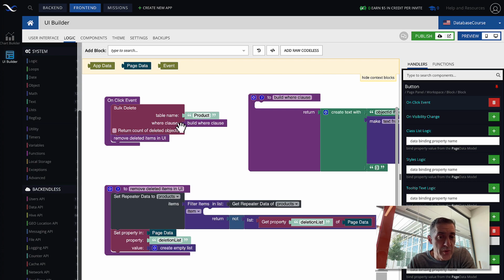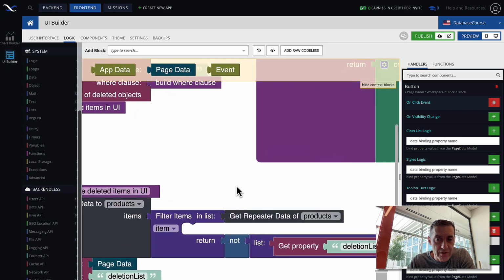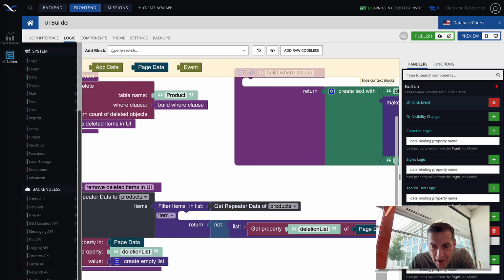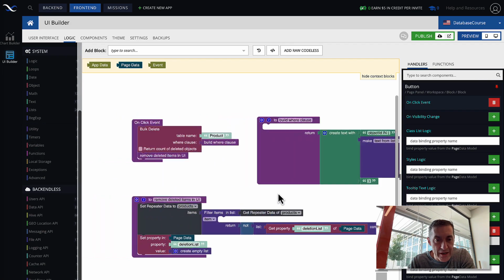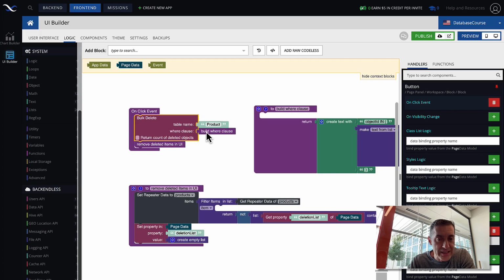So to build the where clause, I created this function right here. It's called build where clause. This is the guy. And in this function, let me just zoom out a little bit. In this function, I'm actually going through and composing that where clause. And I'm not going to go into the details here. What we know is that once this where clause is built, it's going to be exactly the where clause that I just demonstrated, where object ID in, and then we create a list of individual object IDs. So that's how the bulk deletion happens.